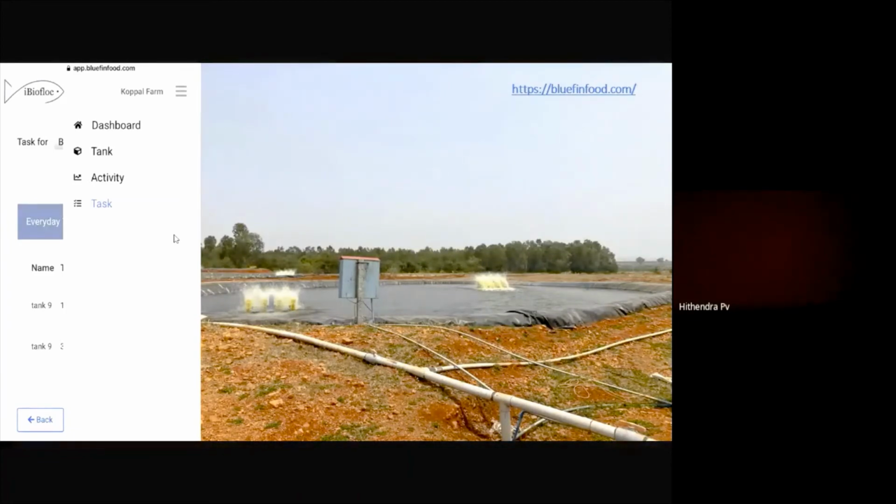With this software, there is a technician on the farm who keeps uploading all the technical data and the parameters of water on a daily basis. So remotely, I'm able to handle this farm very efficiently. Our company has hugely spent on the software, and this can be a module, especially